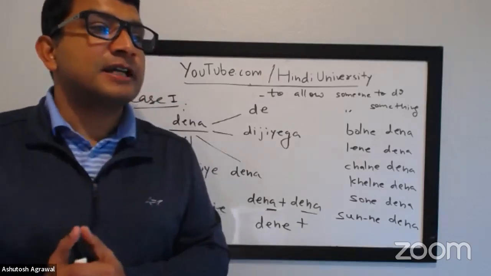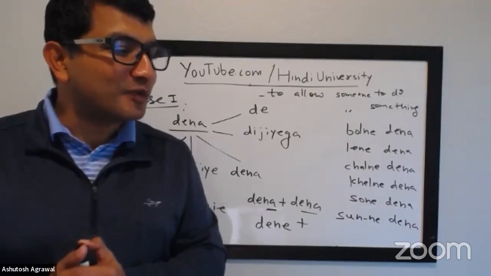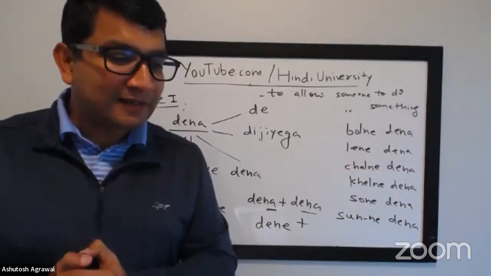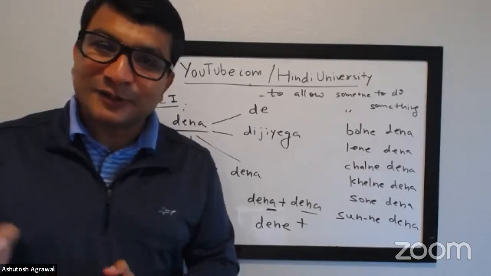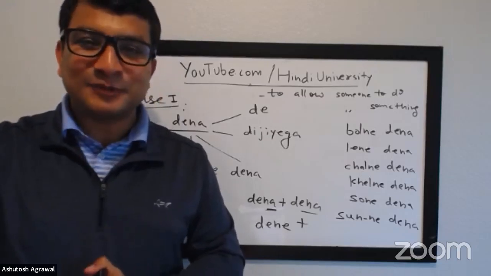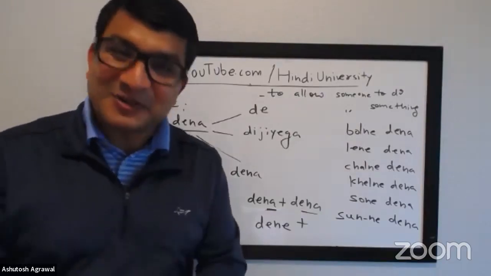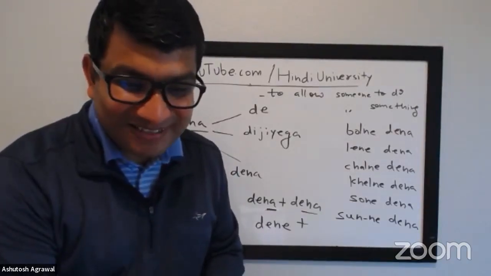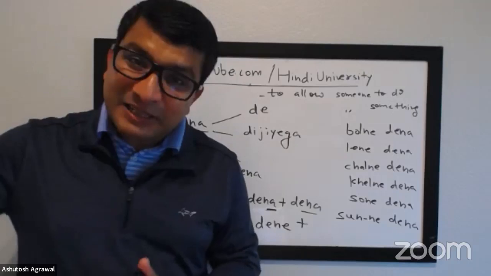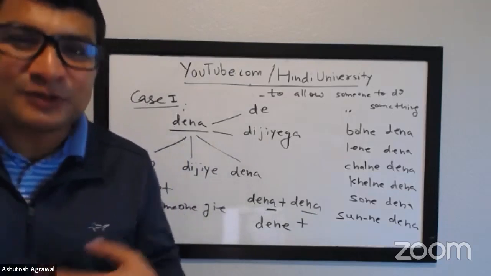Let's say you are, how do I explain it? I'm just trying to look at what will make more sense in the cultural context. Let's say you are giving charity, and your partner is writing a check, and they wrote a check for a charity. Then they wrote one more check, and you're like, hold on, we have given enough, and the third person is coming and saying dene do, let them give. Okay, I understand that, to let someone give.